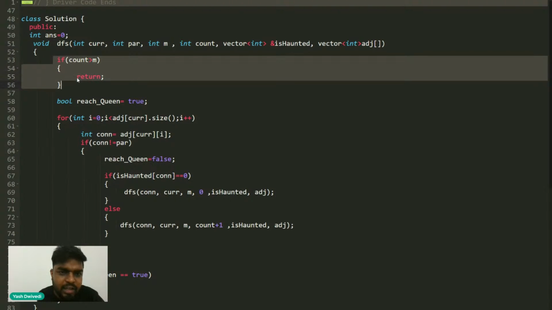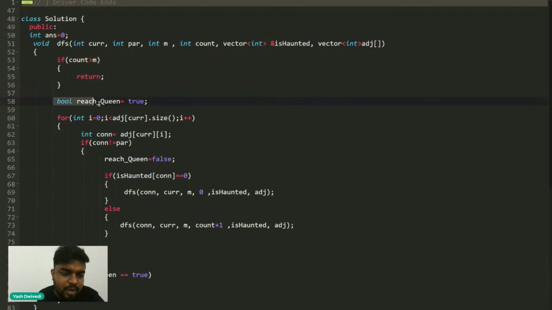If the count becomes greater than M, then I need to return from there. Otherwise, I've marked my bool reach queen as true. Then I'm iterating. I starts from 0, I is less than the current dot size. That's fine, right? I plus plus. Then the connection is adjacency of current I, if I'm not wrong, right?